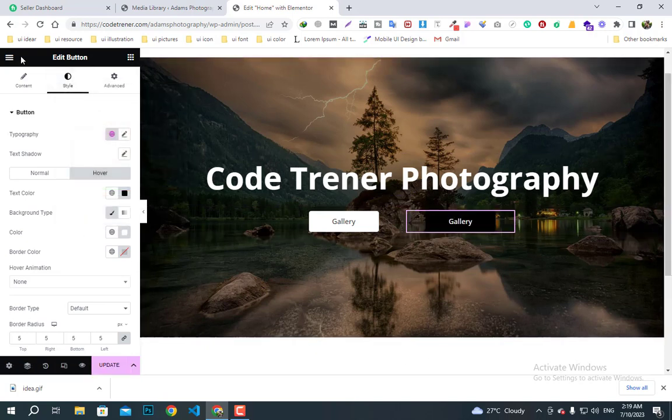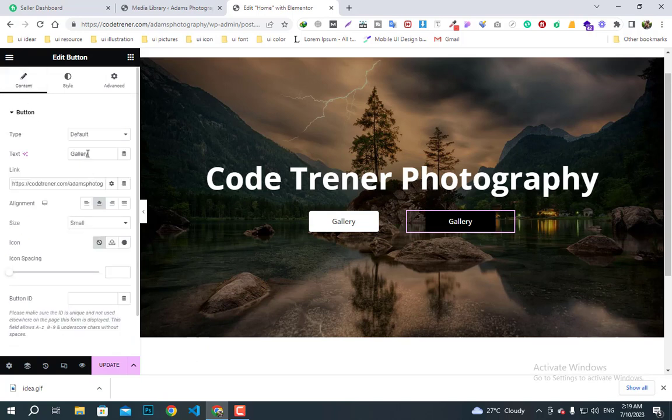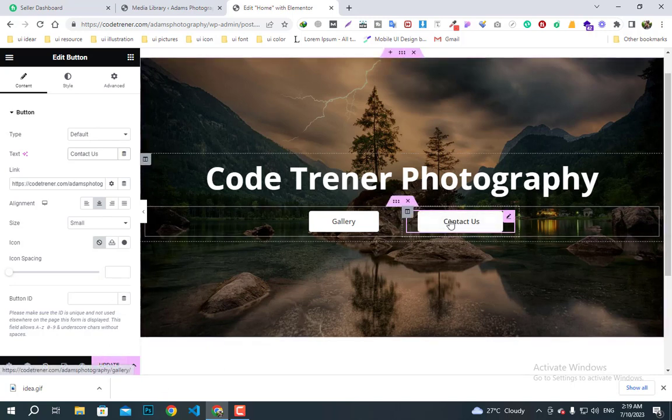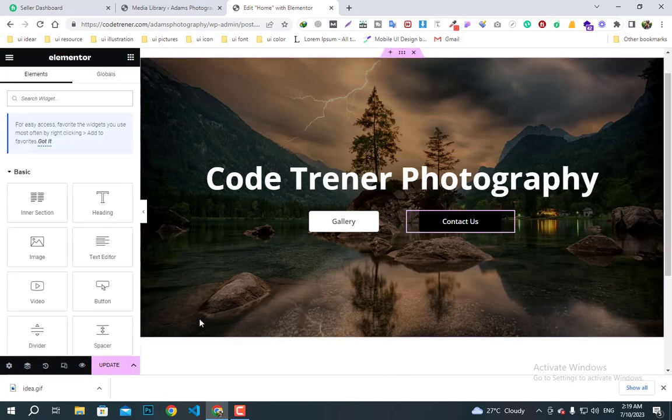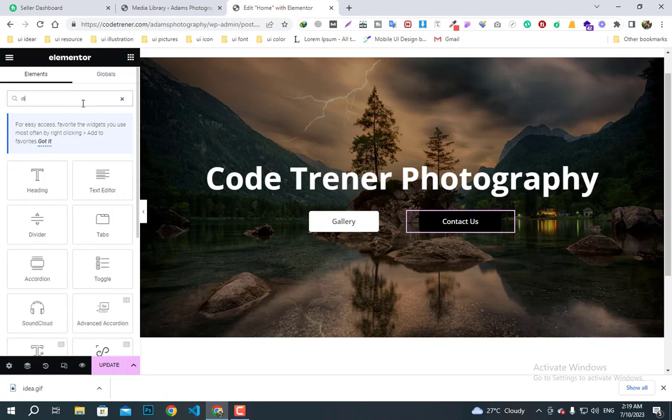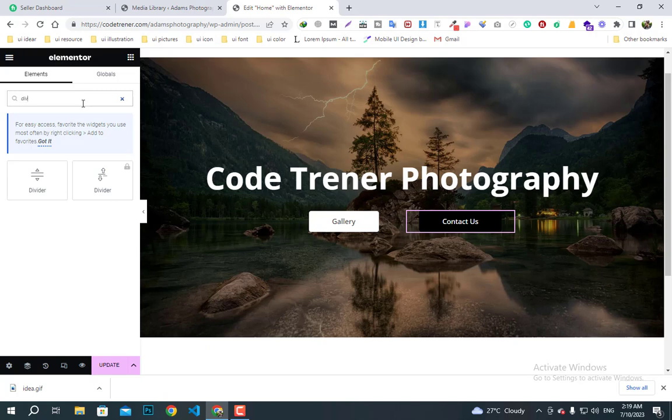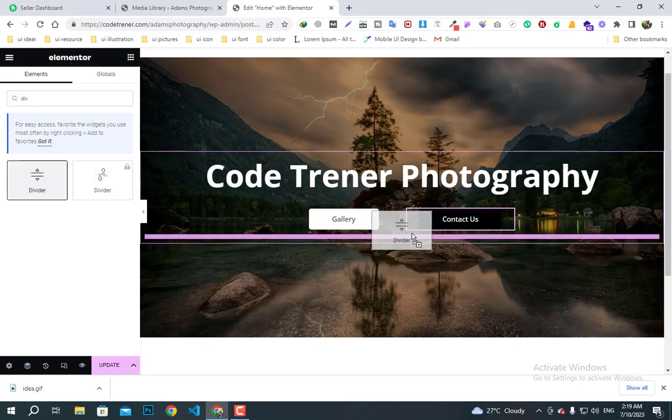and I will change these tags to contact us from gallery. Contact us from gallery. Okay, it's perfect now. And now I will take a divider under these both,